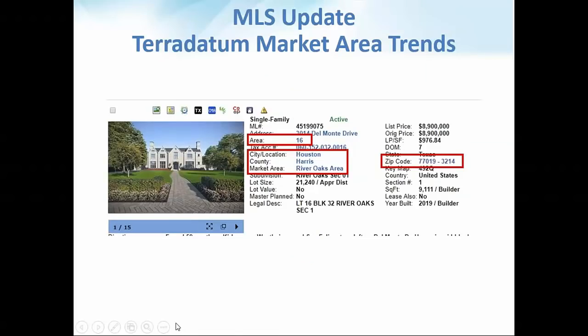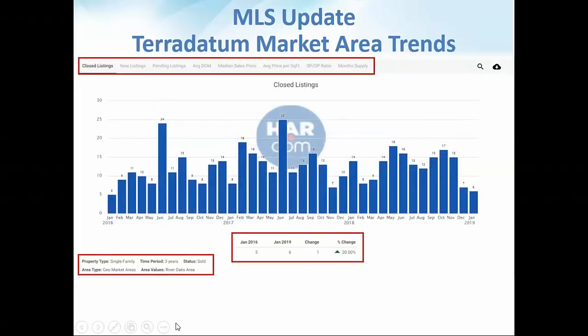We recently released the Terradatum Market Area Trends reports. We integrated them directly onto the Agent Full report so that you could quickly access them. The fields we made them key off of are the area field, city location field, county field, market area field, and zip code. So if you were to click on one of these, it would open up a report that